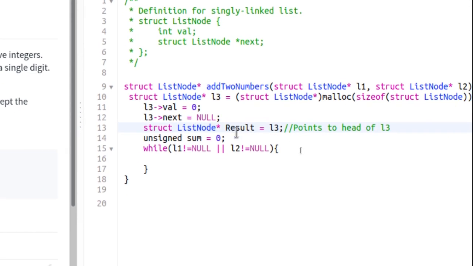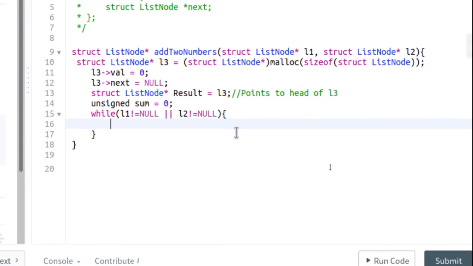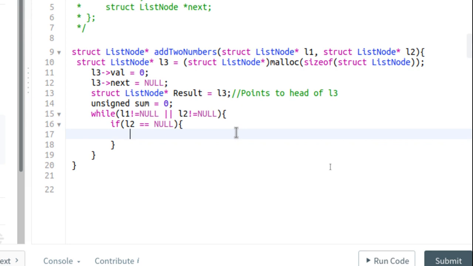Alright, so now let's do the traversal while L1 is not equal to null, or the L2 reference is not equal to null. So in this scenario we will have two cases. The first is when the value of L2 is pointing to null, which means that we have reached the end of the linked list, or if let's suppose,